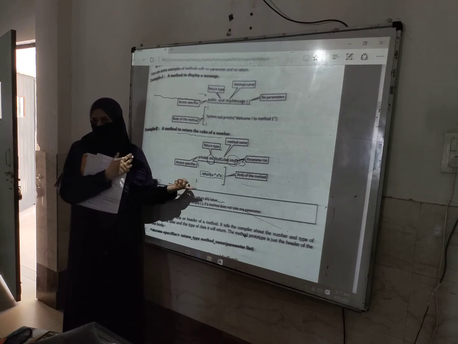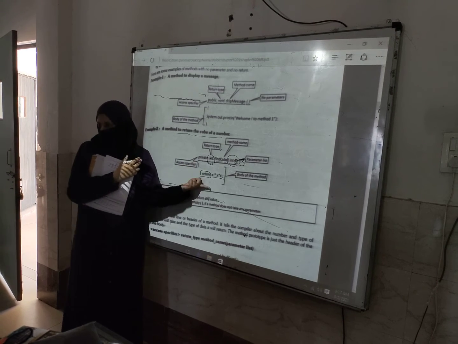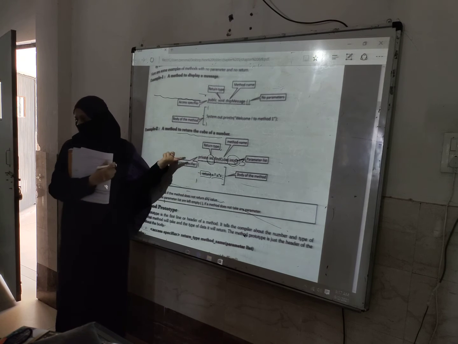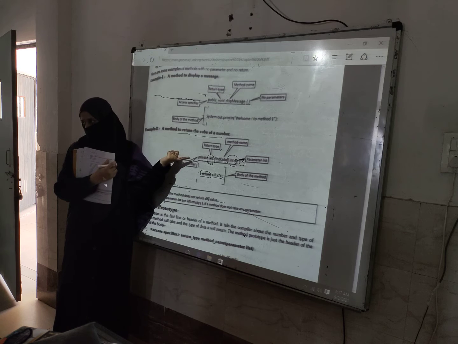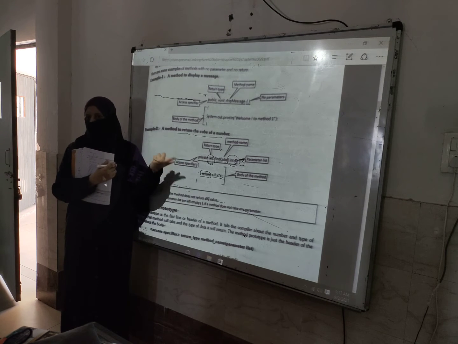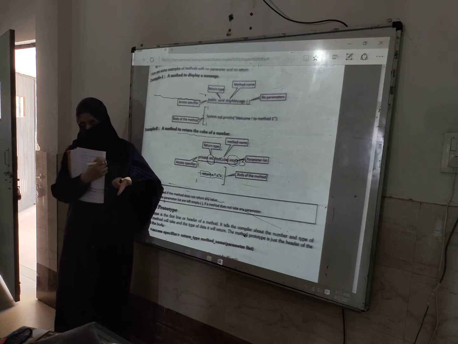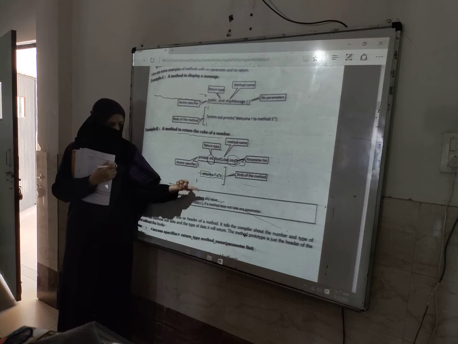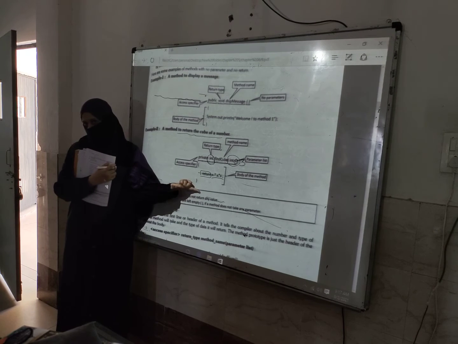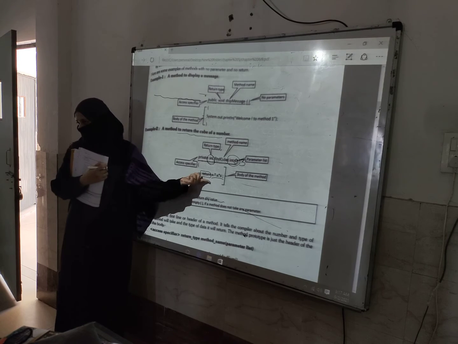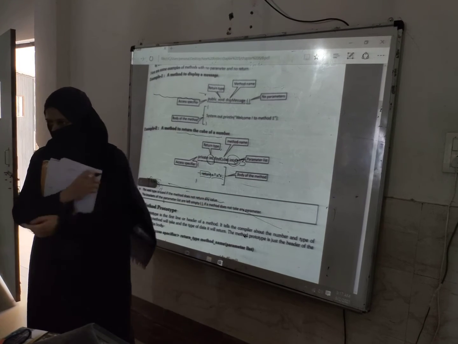Whenever you use a method with a return type, it will return a value. If you don't need to return any value, you will not write this return. Clear? Yes.